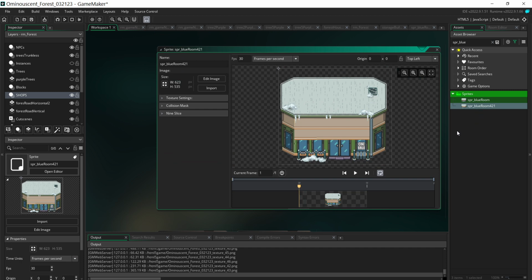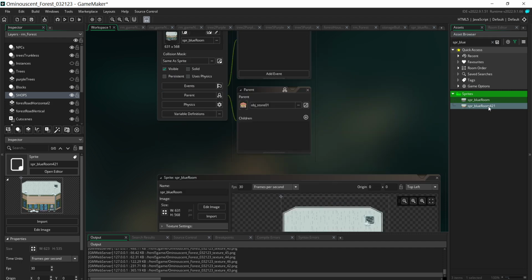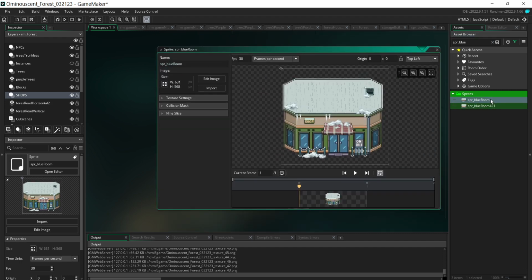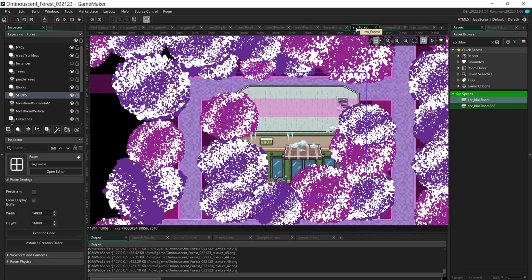Okay, so I'm glad we had this, because I'm going to show you how to fix it. There are multiple ways to do this. You can try to re-edit this, but I'm going to do something simple right here. I'm going to change the name of this one to something like Blue Room 888, and then I'm going to go to the one that was edited, the one with the 421, and simply change the name to SBR Blue Room. So now when it calls that, if we go back to the forest,